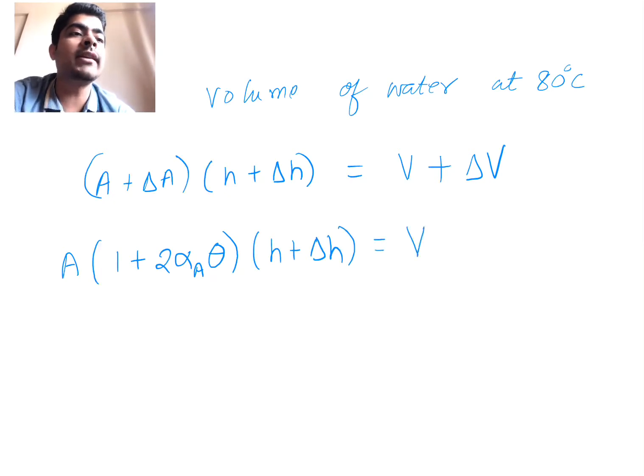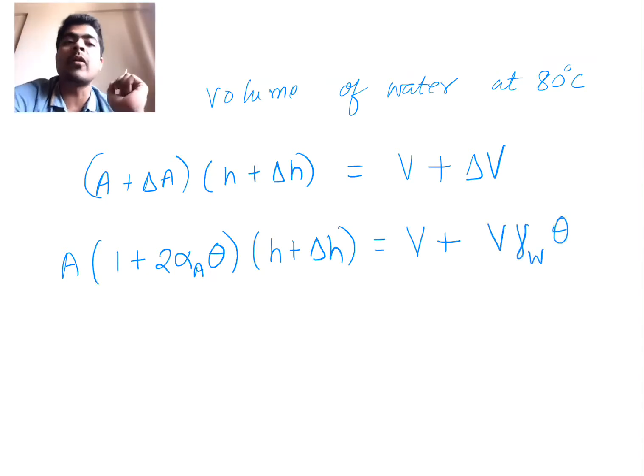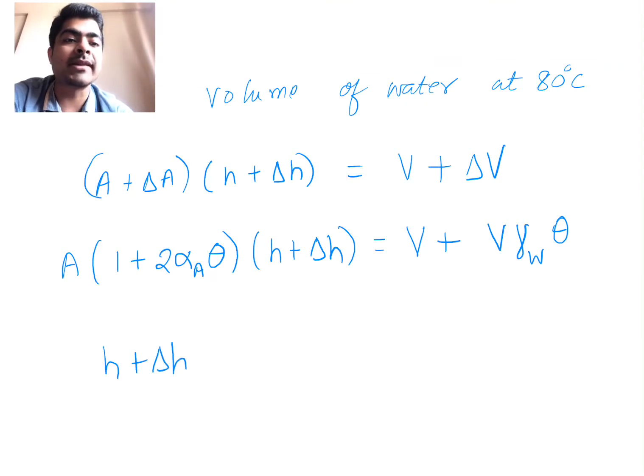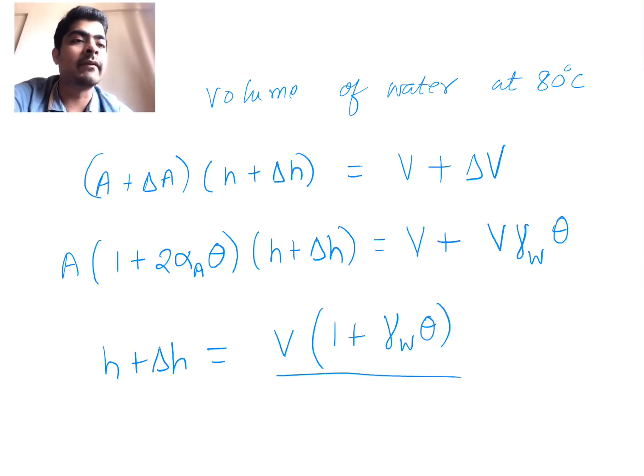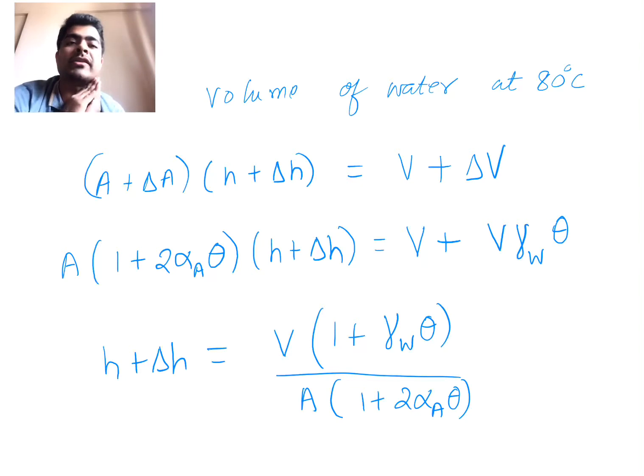This is equal to V plus, what is the change in volume of water? V into gamma of water into theta. Gamma of water is the coefficient of volume expansion. Then you could write down H plus delta H is equal to V times 1 plus gamma of water into theta, divided by A times 1 plus 2 alpha of aluminium into theta. Now in this formula you just need to put the values and find delta H. So if you put the values,